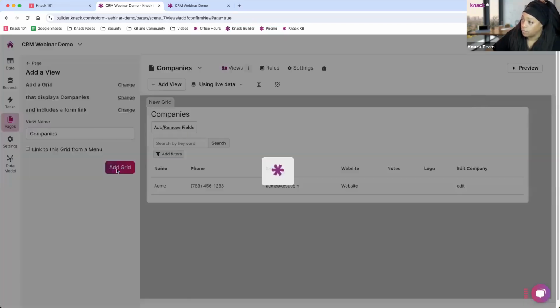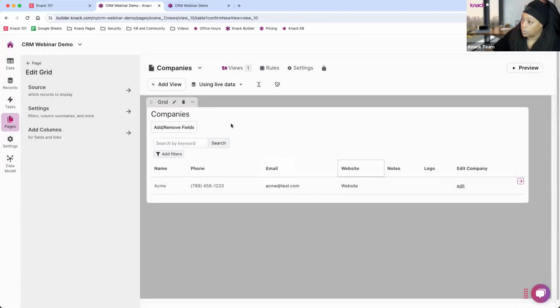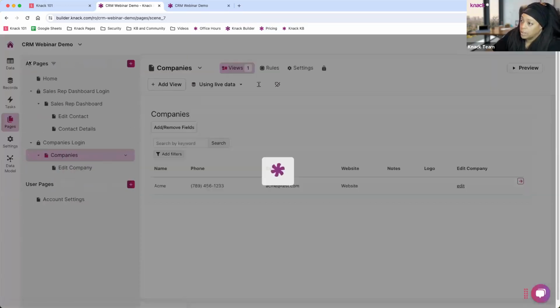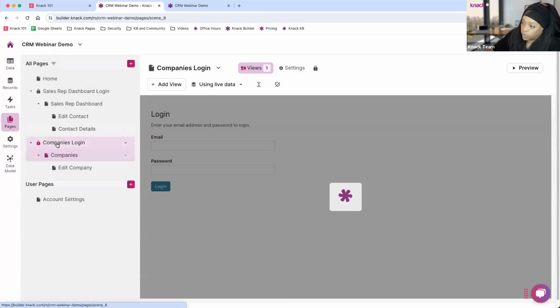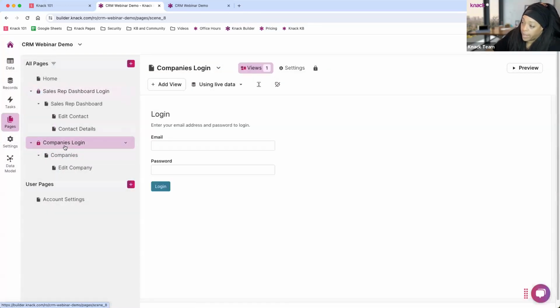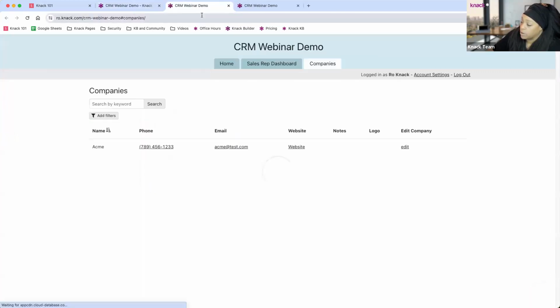We can say add the grid. And now we can see all of our companies, and this is for all of our logged in users at this point. But we can say, okay, both our sales reps and our admins can see all of the companies. And if I jump into my live app here, I'm able to see all the companies here,